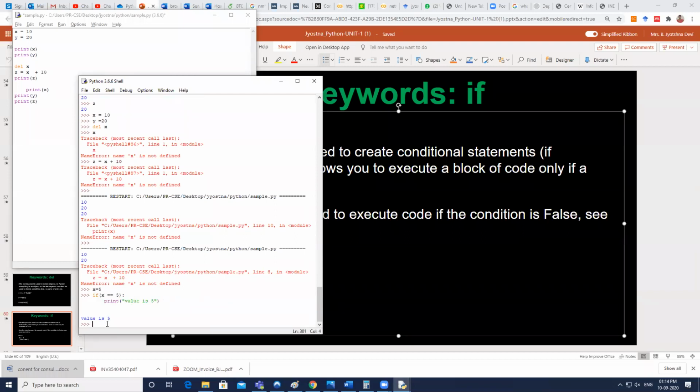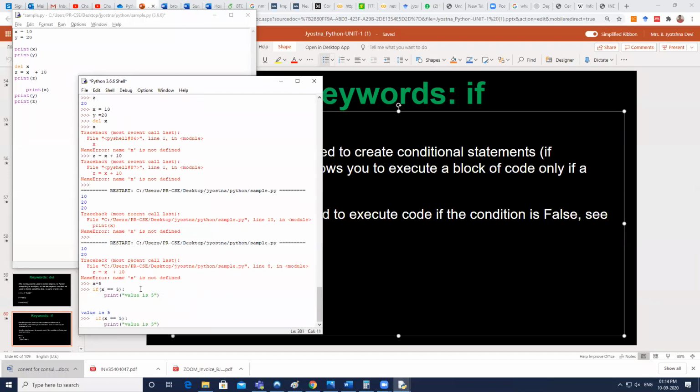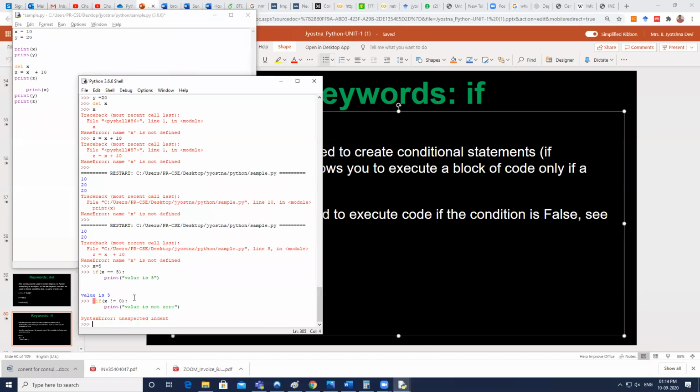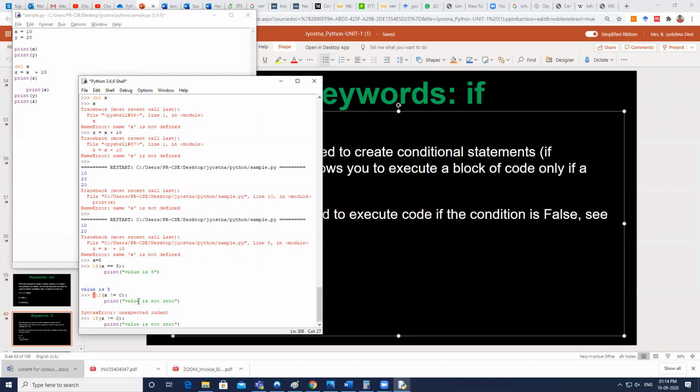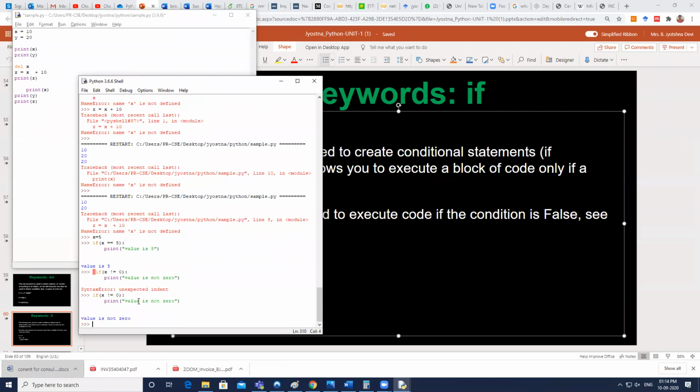So now let's see. So x is not equal to 0. Here x is not 0.